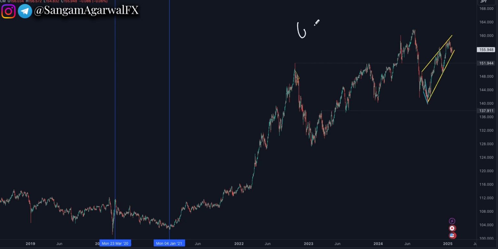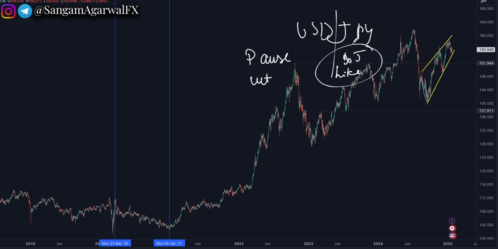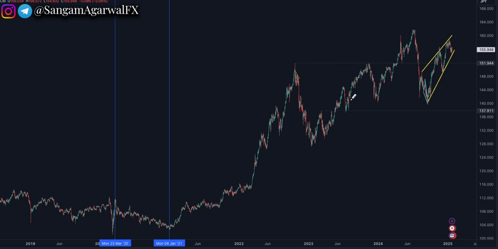If we see one more pair, USDJPY, the market is expecting a rate pause from the Fed. They are cutting, but the market is doing the opposite. The fight between the Fed and the market. So the BoC hiked last week, now it is the Fed's turn. But if you see as